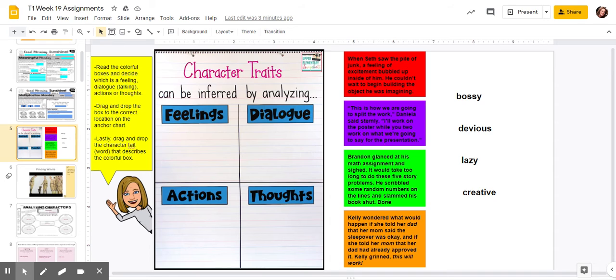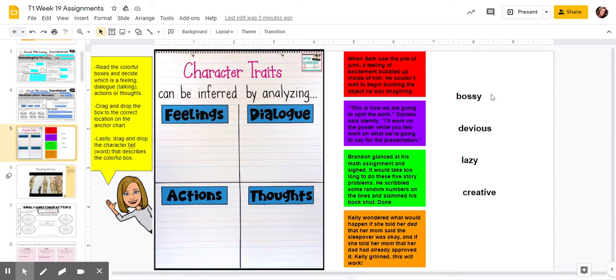Was this one dialogue? Was this one an action? Was this one a thought? There's one for each of the boxes, and you're going to drag and drop it in the correct one. After you've done that, you're going to choose the character trait, bossy, devious, lazy, or creative, that goes with that